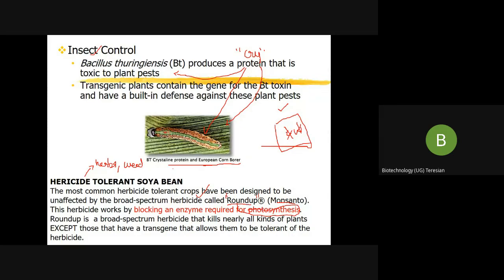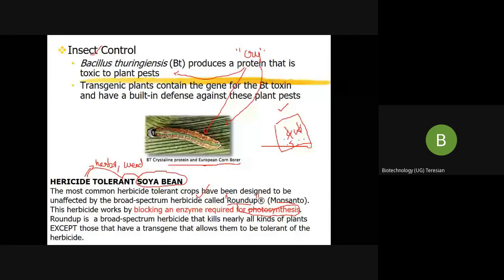Now even if my soya plant, which I planted in my field, even if that dies, what is the use of it? It will be an ultimate loss for me. So what they have done is, they have modified the soya bean itself. Okay, the soya bean itself they have modified in such a way that it can be tolerant. The soya bean is now tolerant to what? To this herbicide. So when I'm growing the soya beans, along with it some other undesirable plants are also growing. I spray the herbicide, all this unwanted plant will die except my soya bean, because it is carrying a transgene which can tolerate this herbicide.